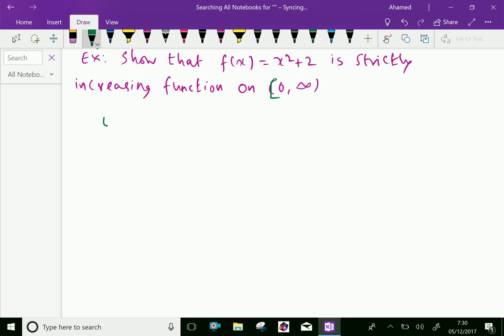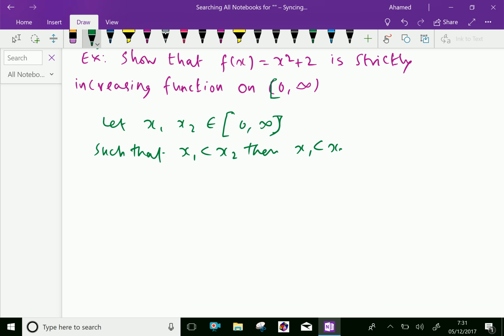Let x1 and x2 be elements of the interval 0 to infinity, such that x1 is lesser than x2, which gives x1 square is also lesser than x2 square, and